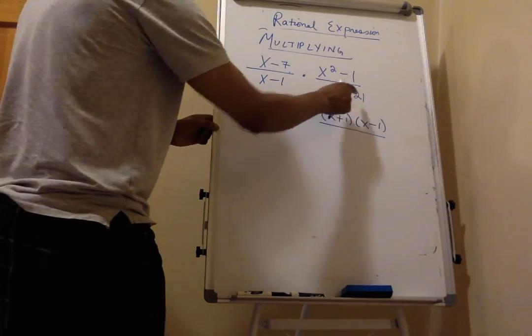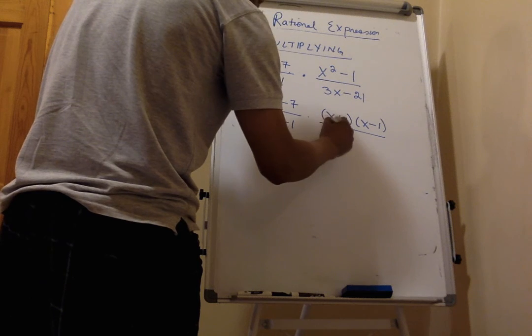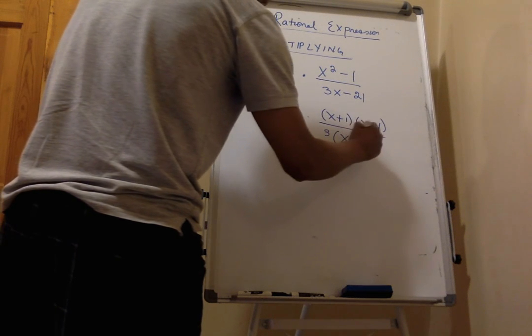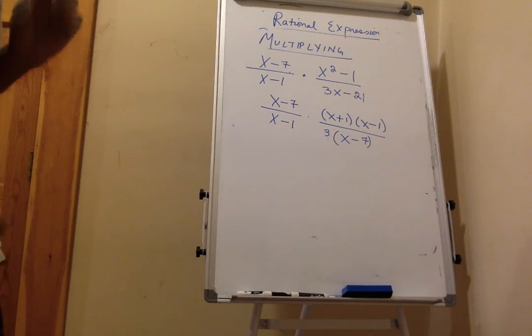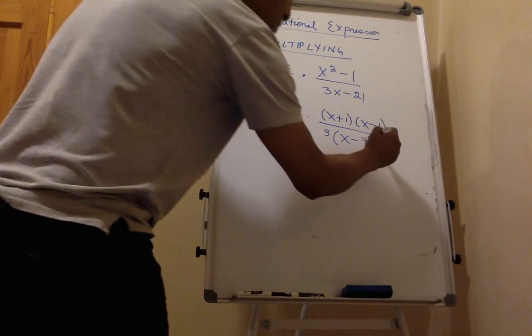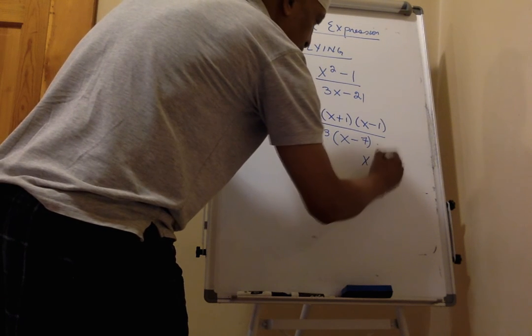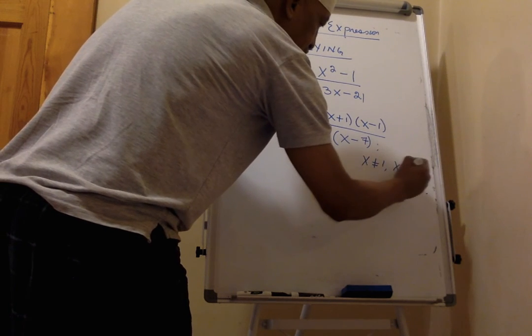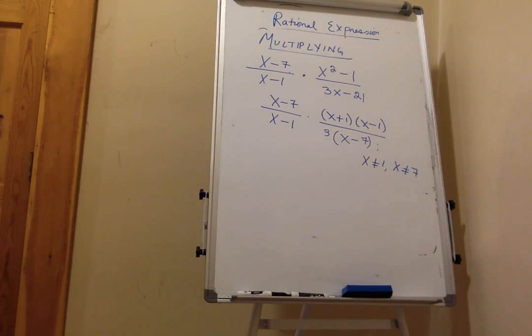Now I have 3x minus 21. I can find the greatest common factor, which is 3, and I end up with x minus 7. It would be wise at this juncture to put a note for yourself before you simplify. x cannot equal 1 and x cannot equal 7 for obvious reasons, because if you plug either one of them in, you end up with